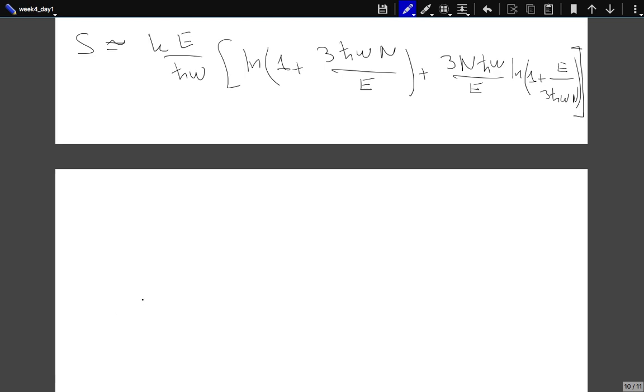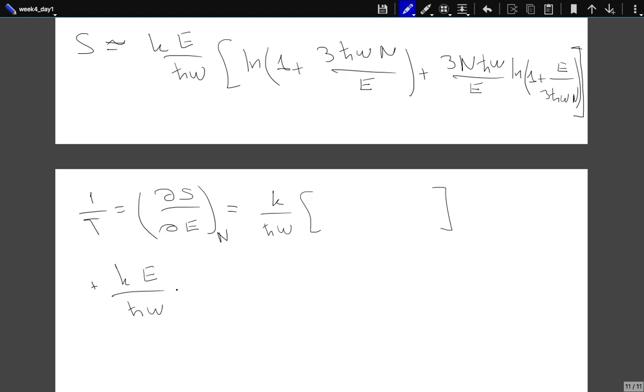Now, if you remember what the temperature was, the temperature of the system was defined as 1 over T equal to the derivative of entropy with respect to energy, in this case at constant number of particles. Well, let's take the derivative. This is equal to the derivative of the first term, K over h bar omega, times all these parentheses, plus the first term, the first logarithm, plus 3n h bar omega over E times the second logarithm,